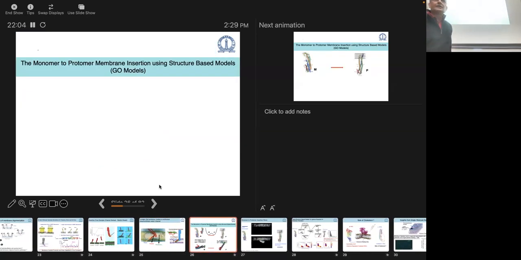So next, we wanted to look at the transition. Now, if you're doing a simulation, or even an experiment for that matter, how do you actually track the transition from a monomer state to the protomer state? That is the state that the bacteria releases the protein to the final state that it's inserted in the pore complex, right? That's a challenge.